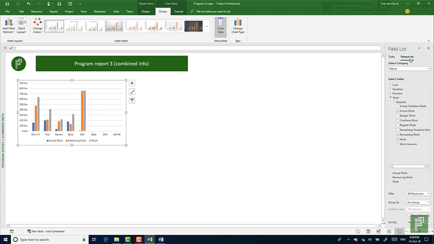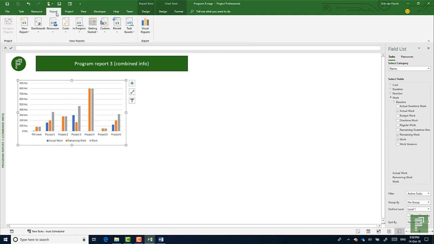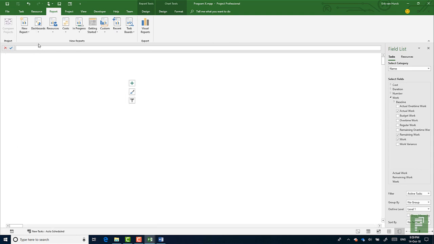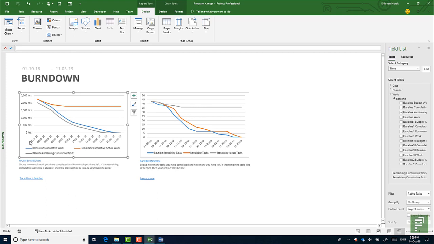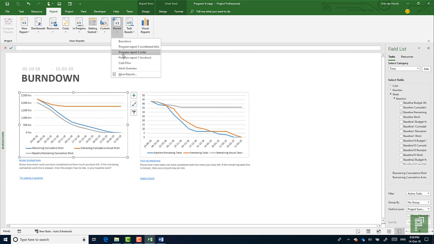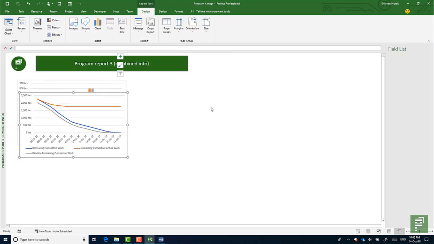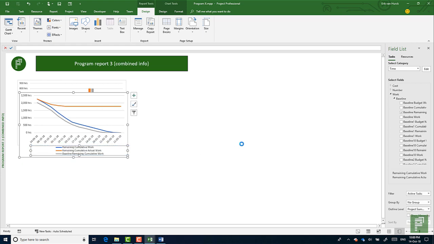And if we click on resources, it automatically changes to the resource data, and it gives you actual work, actual remaining work, and you can switch back to tasks. But what we're going to do is we're not going to create our own reports here. We are actually going to steal some of the information that's in Burndown chart. So let's click on it. Copy. We'll go to report, and we'll go to our combined information,